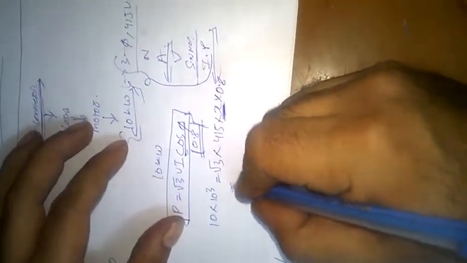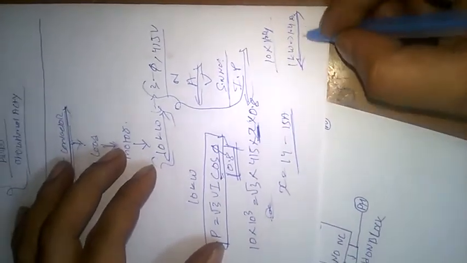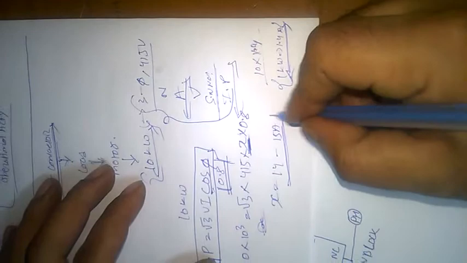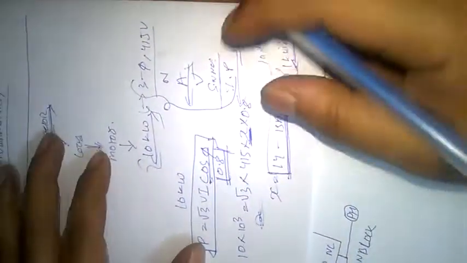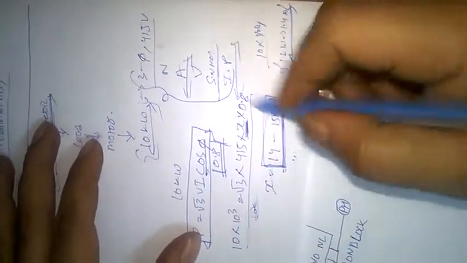So if we do some multiplication, x will be nearly 10 into 1.4, that will be nearly 14 to 15 amps. I have multiplied by 1.4 because for 1 kilowatt nearly 1.4 amps is consumed. This is only a lump sum, an estimate. I have not used any calculator, just going by guessing. We can do this calculation to get the exact current. So this is 14 to 15, let's take 15 amps. A 15 amp load motor is there.